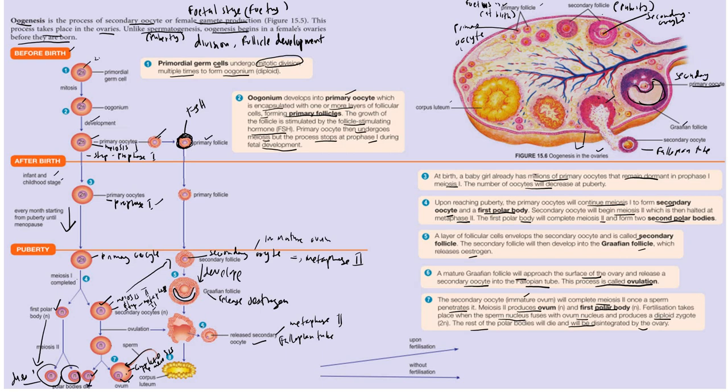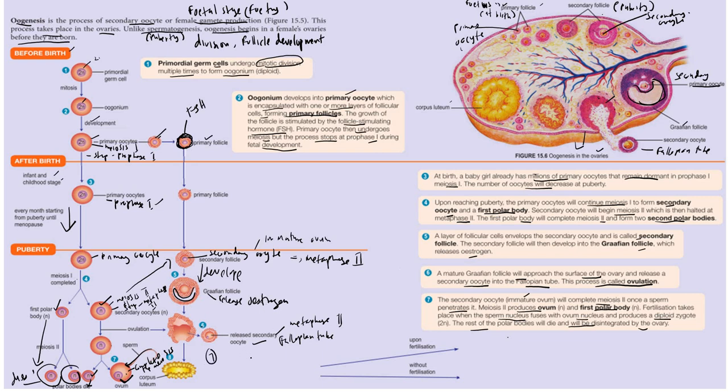The polar body will die, but this one will develop into ovum. Okay, produce ovum. So this will take place when the sperm nucleus fuses with the ovum nucleus and produces a diploid zygote. So that means for number 7 process, let's draw